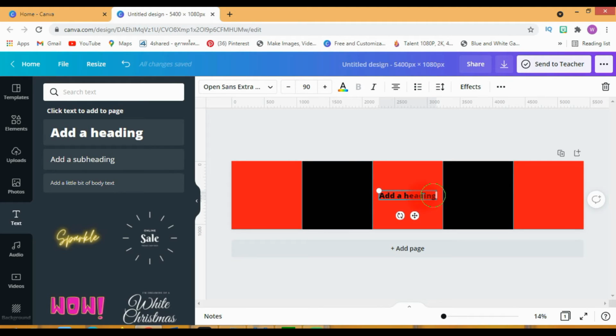I will type www.weboflens.com. See, I will set the size from here and place it at the bottom. Now just Control C and Control V. I will change the color afterwards.